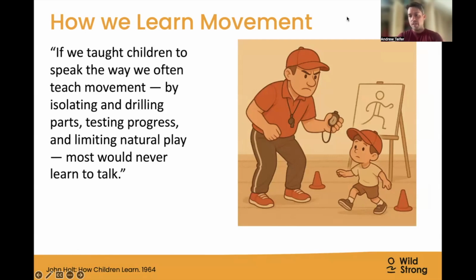So in this picture, it's a joke. Imagine that there's a small toddler, a small boy who's being taught how to walk by a coach, and he's saying, "Okay, these are the different angles at your hips. These are the different angles in your joints. These are the muscles I want you to use. Here's the motor pattern. I want you to try to repeat it over and over and over again." And probably what's happening here is the boy's taking some steps, and the coach is getting frustrated because the steps don't look like they do in the textbook. So he's having him do it over and over and over again until his steps are perfect.